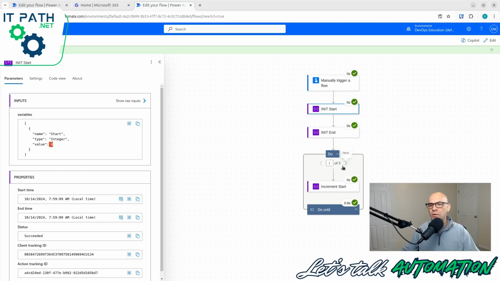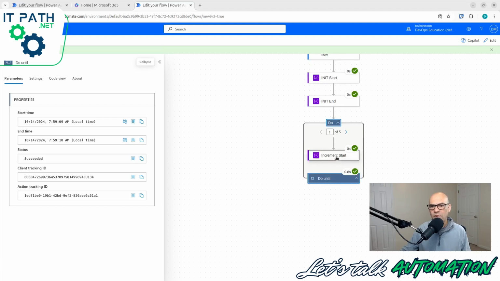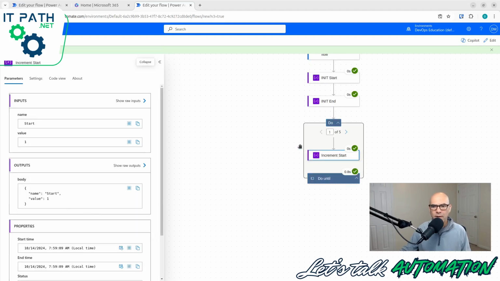Or if the number is including the last number, you know, and you go 0 through 5, you're going to end up with 6. So you have to think about how many times and how many increments and where the increment is in relation to the steps in your flow. If you increment and it stops your flow, you just have to think about your steps. That's going to come with some experience, trial and error, and thinking about where you place that. And as you place it, keep an eye on things like the amount of times that a flow runs to make sure that you're not